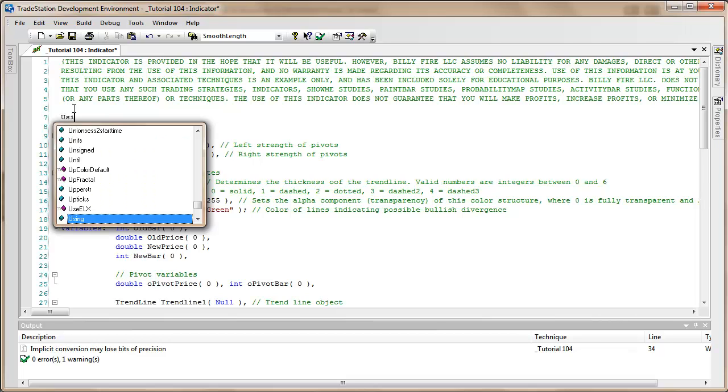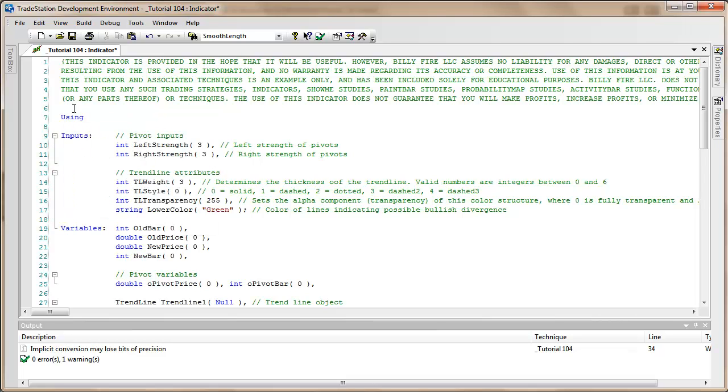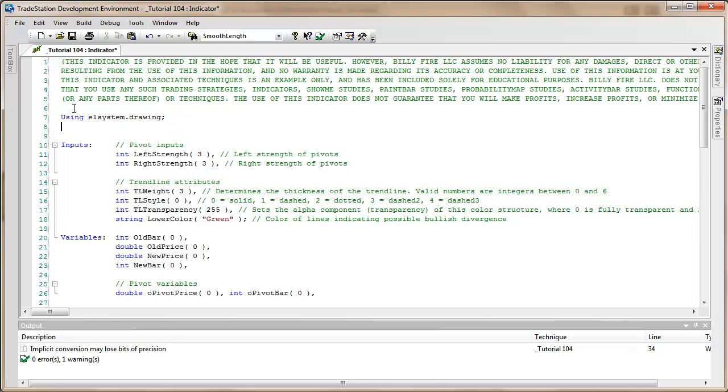So I'm going to say using EL system dot drawing, and another one using EL system dot drawing objects, like so. Okay, so let's go back down to